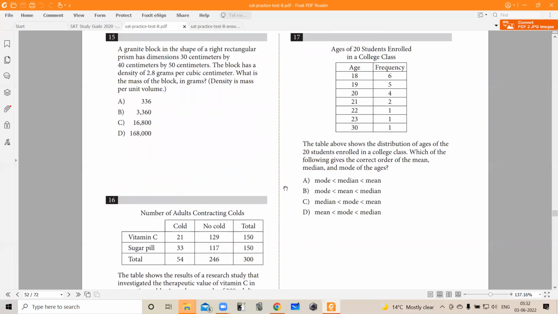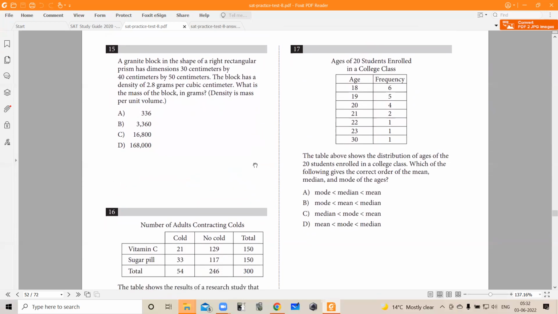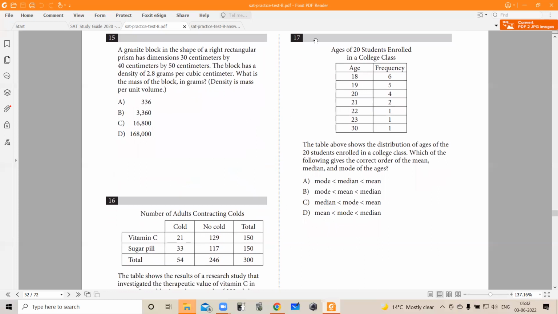Correct. 17. The table above shows the distribution of ages of 20 students enrolled in college classes. Which of the following gives the correct order of the mean, median, and mode of the ages? So the mode is 18. Okay. The median is